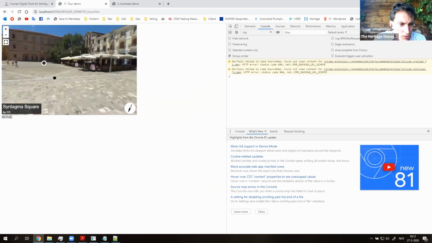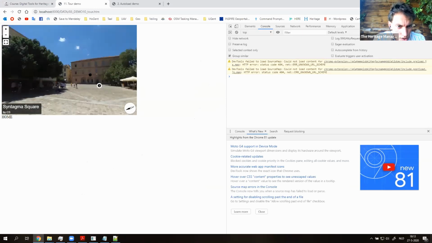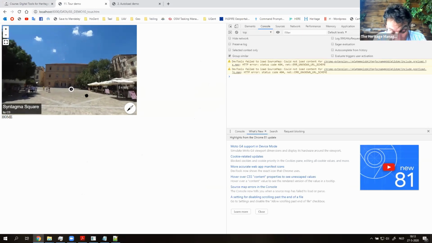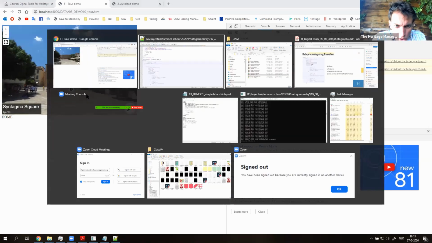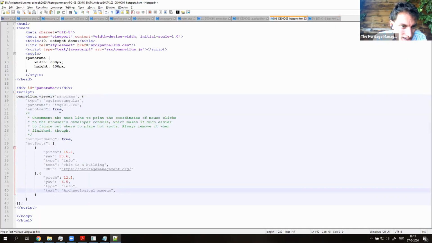Voila, so this is my home hotspot. Of course, here, all my hotspots are merged together. So I will have to find the coordinates of my next panorama. In order to do that, we can just go back to demo 9